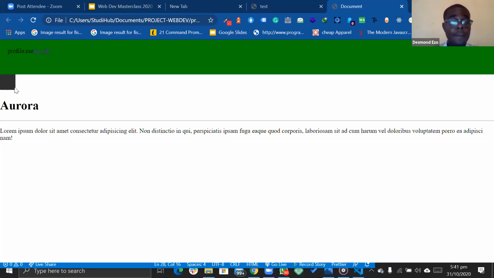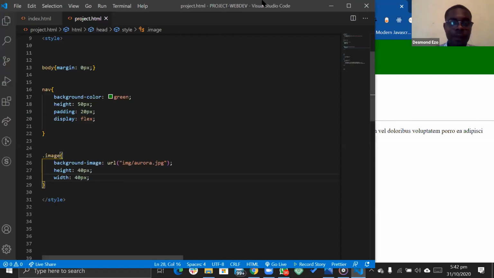Okay, so I'm assuming that maybe you didn't see other things that I was doing, so I'm just going to run through them quickly. This is that div we just styled with a 40 pixels by 40 pixels dimension, height and width. We specify that the background should be an image. The image name is aurora.jpg, but the image is not showing here because in the background the image has stretched beyond the size of this box. So to fix that, we'll go back here.